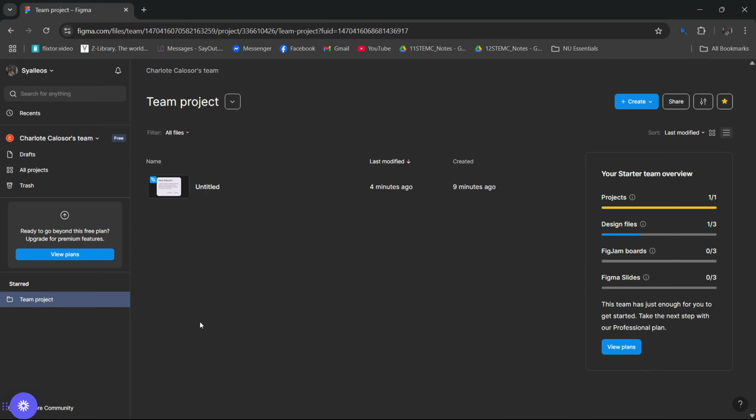So in this video, I'm going to show you how to convert your Figma file onto your WordPress. This is a short tutorial on how to do it. So basically, first open your web browser, which in this case, I am using Google Chrome to do